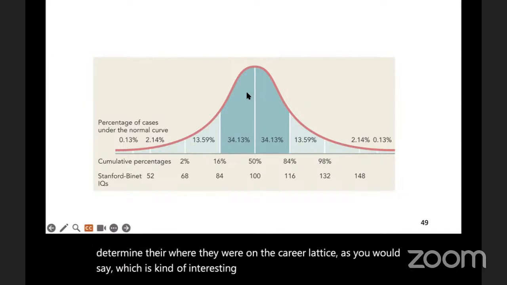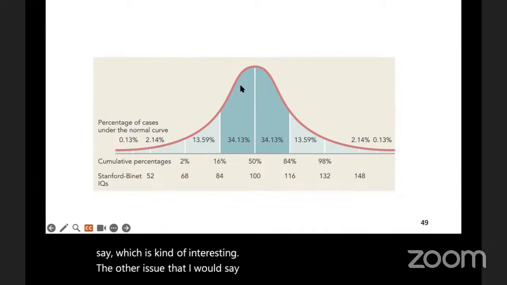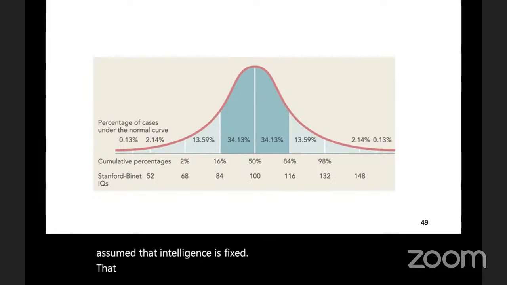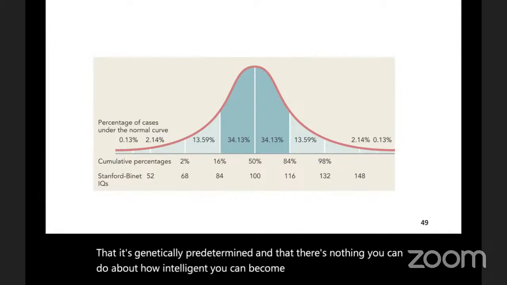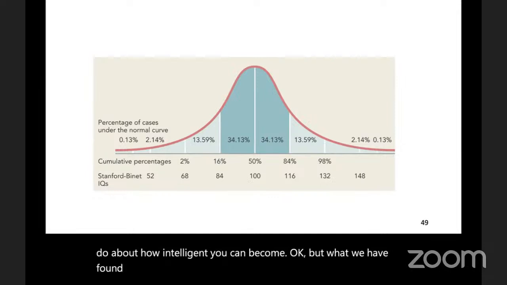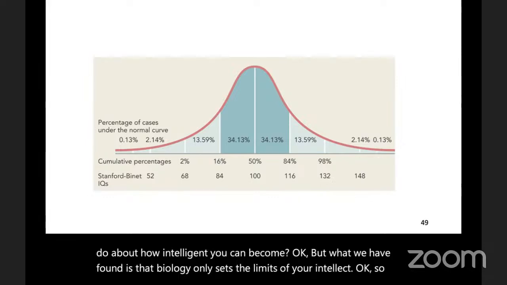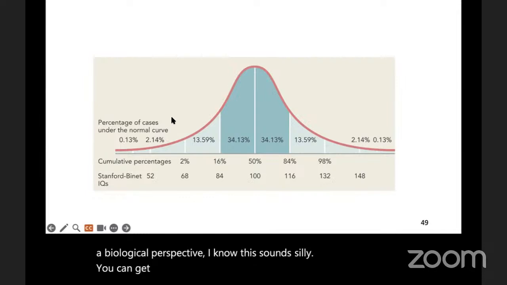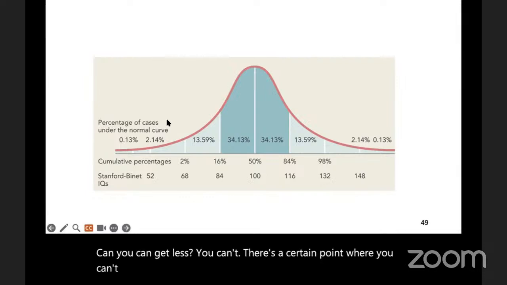The other issue that I would say with intelligence is it was also assumed that intelligence is fixed, that it's genetically predetermined, and that there's nothing you can do about how intelligent you can become, okay? But what we have found is that biology only sets the limits of your intellect, okay? So from a biological perspective, I know this sounds silly, there's a certain point where you can't get less intelligent,